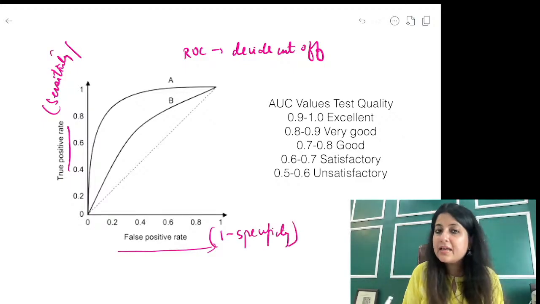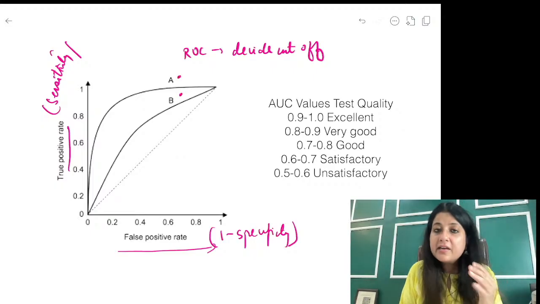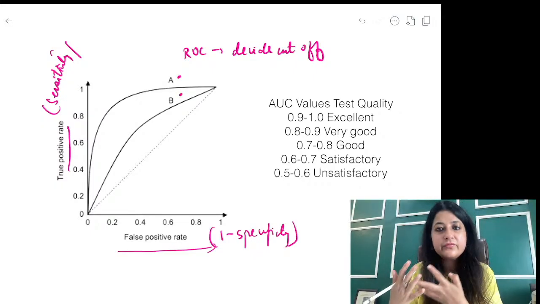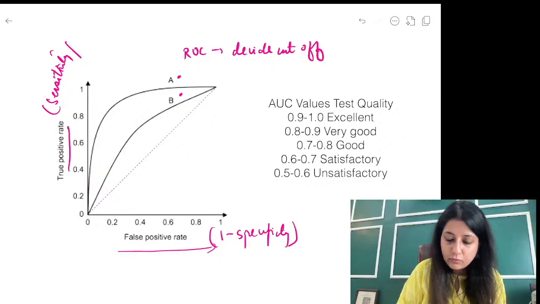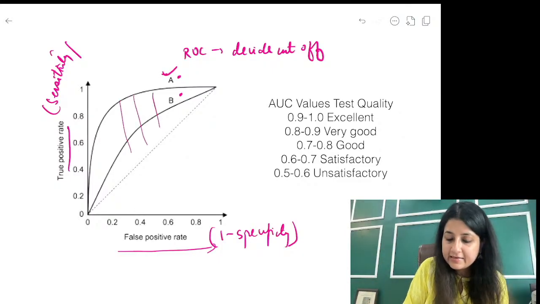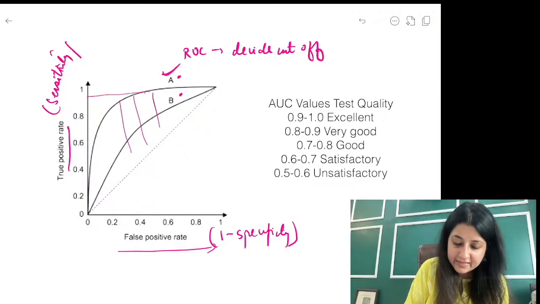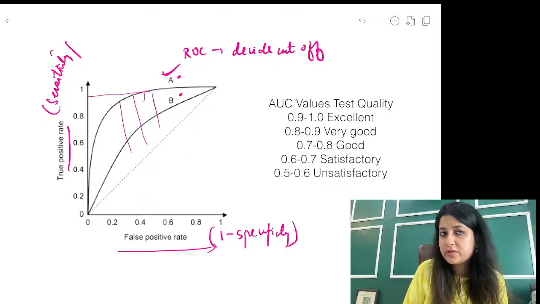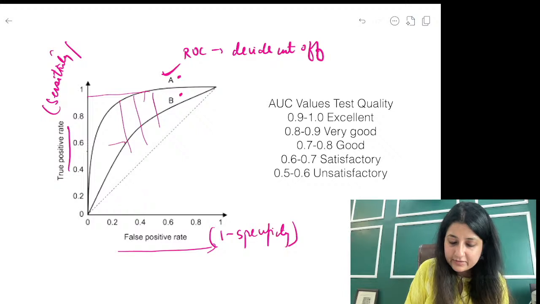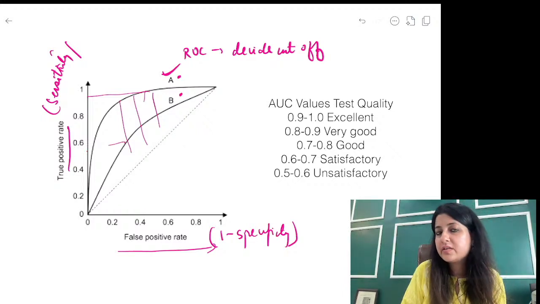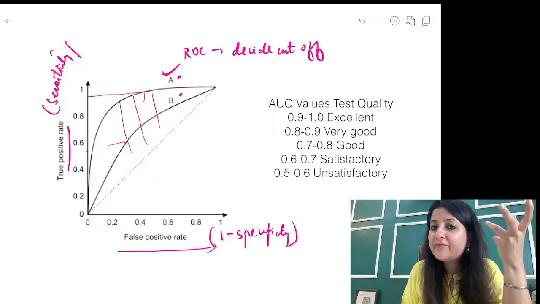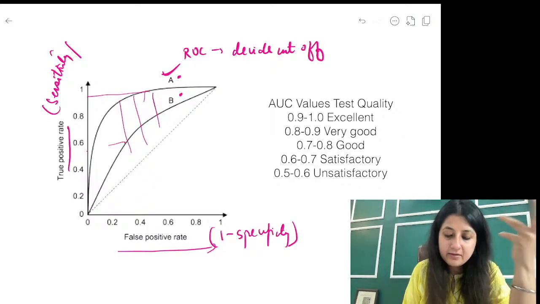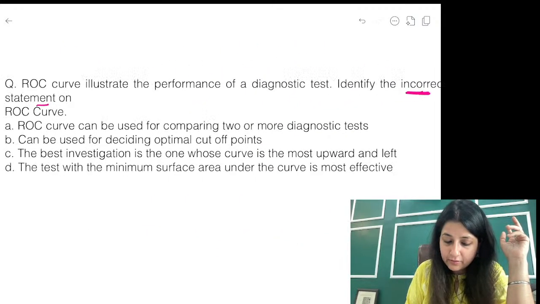And then I have two cutoffs here, A and B. Now which one is better? Because the exam is very near, the curve which has more area under it is better. So which curve has more area under it? Curve A. It is better. Curve A has more sensitivity and less false positive. Curve B has less true positive and more false positive. What is the better way? How do you decide the cutoff? You just have to look at the area under the curve. So now look over here in the question.